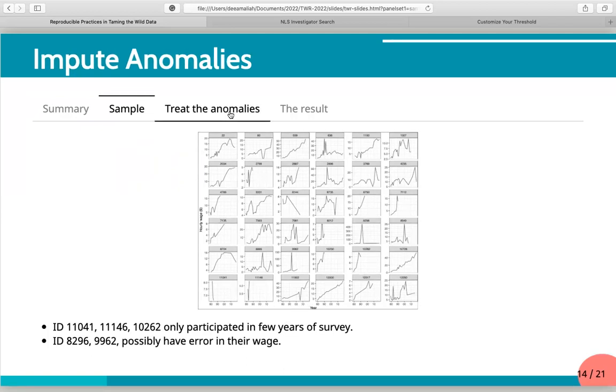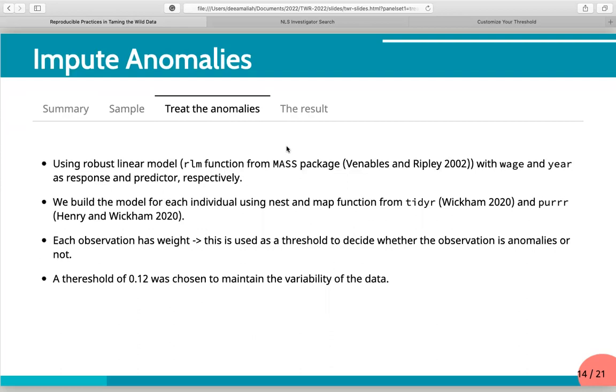So we try to treat the anomalies. It's not the fanciest method. We use a robust linear model with wage and year as response and predictor respectively. Because this is longitudinal data and every person has a different pattern of wages, we built the model for each individual using the nest and map functions from tidyr and purrr.